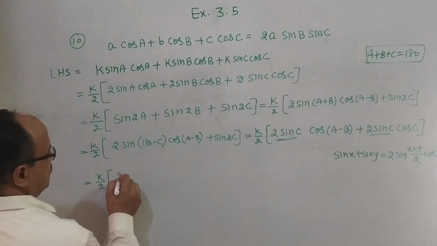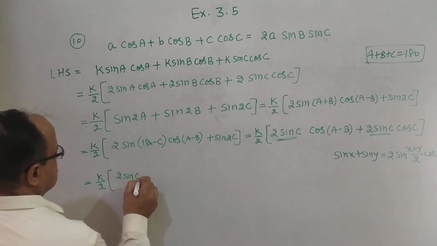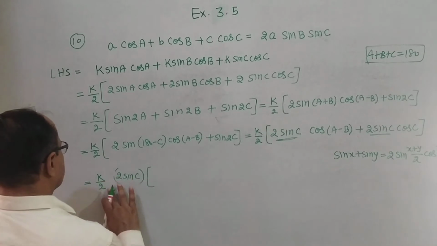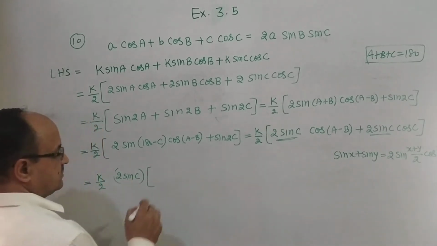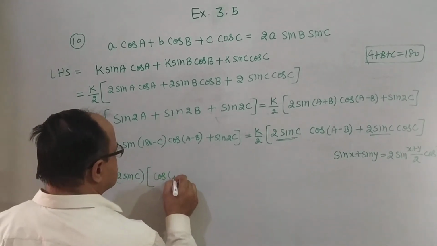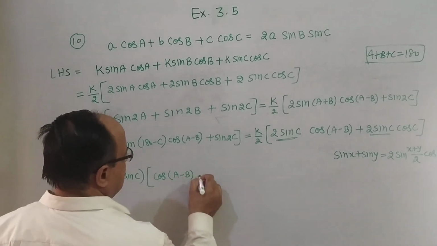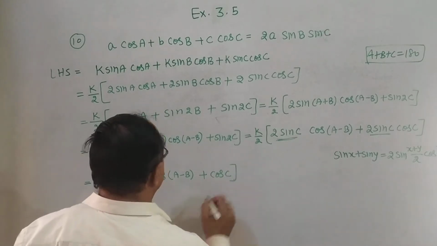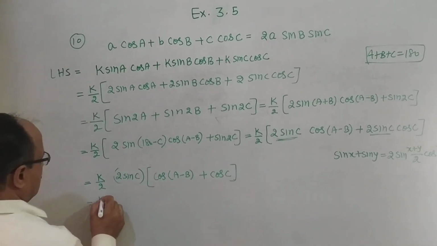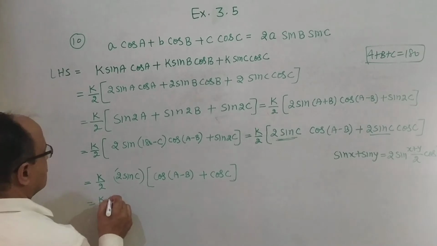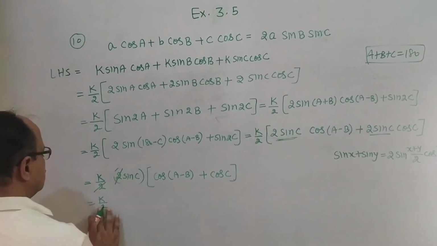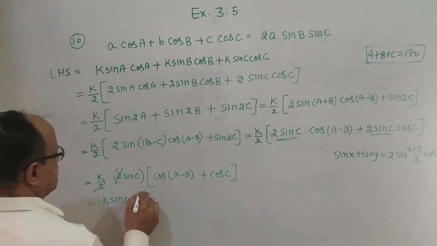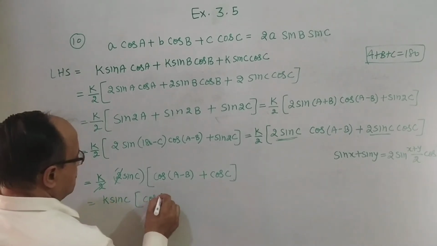You can take common 2 sin C. The remaining term is cos (A minus B) plus cos C. K by 2, 2 to 2 cancel, correct? 2 to 2 cancel, k sin C cos (A minus B) plus